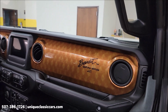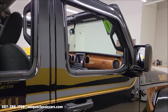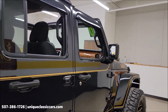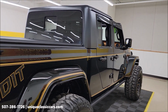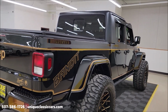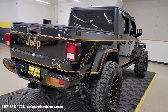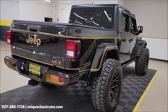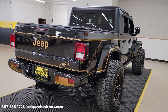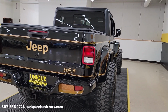Dash. We'll get around to the driver's side, check it out a little bit closer also. There'll be a copy of the window sticker if you'd like to see how this was loaded up exactly when it was produced back in 2020. And you can hit some of the highlights of it. It does have the Black Freedom 3-piece hardtop, spray-in bed liner, heated steering wheel and heated seats, customer preferred package,